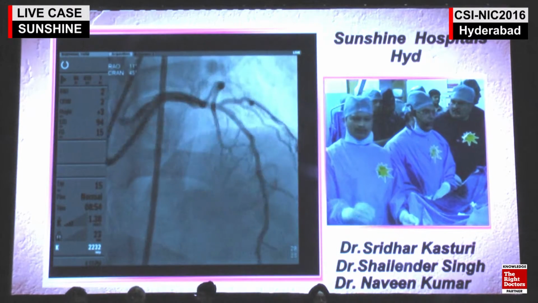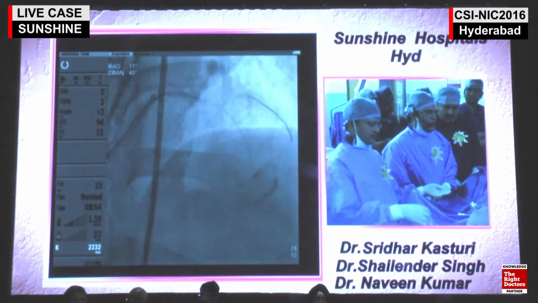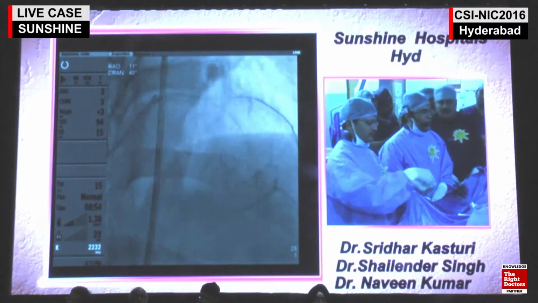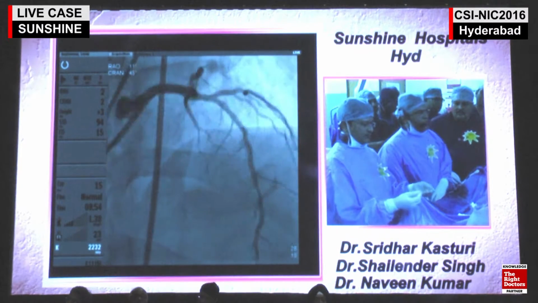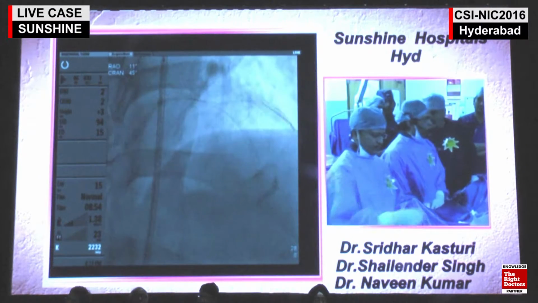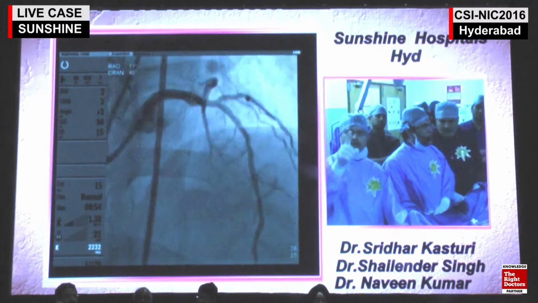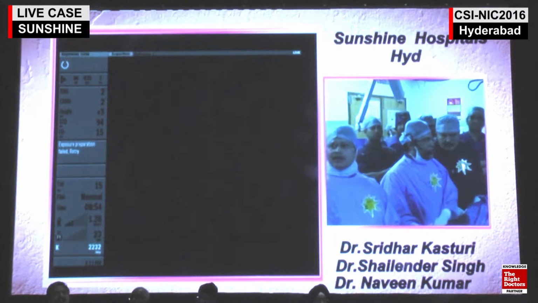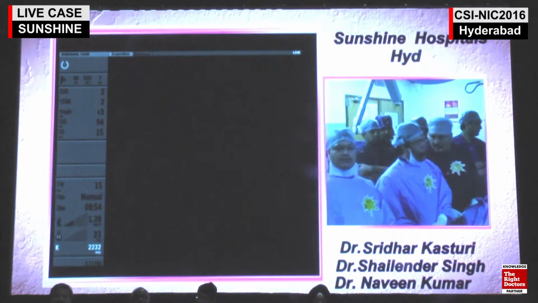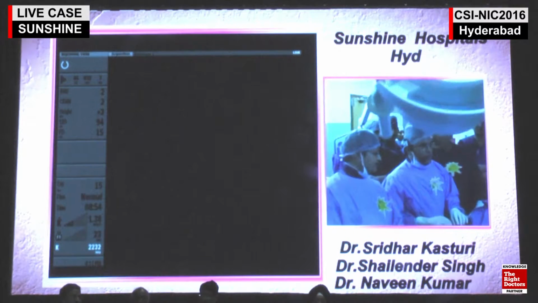In your clinical practice, have you given up the hybrid strategy for bifurcations? Is it all the time going to be 2 BVSs or 3 BVSs? No, most of the time, if there is thick fibrous calcification, very calcified, we use metallic stents, and depending on the strategy, we discuss those strategies. Even today for bifurcation, 90% we use DES only, but sometimes, depending on good vessels, only focal, very short segment lesions where the remaining vessels are normal, I would like to use BVS more often compared to DES. Dr. Sridhar, we would like to go to Bangalore. If you want to do something, can you show us immediately? Yeah, BVS.